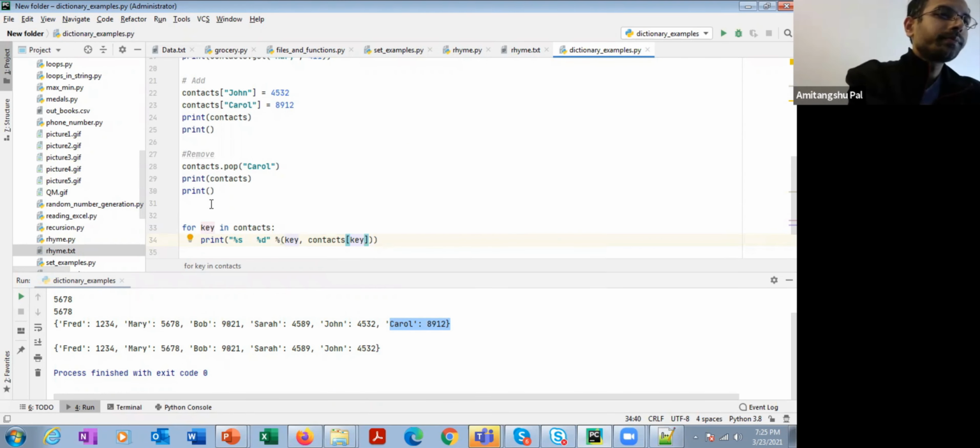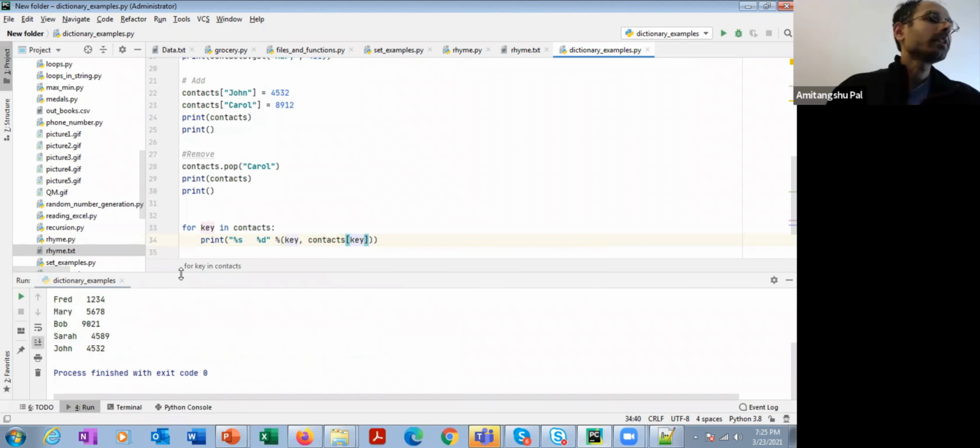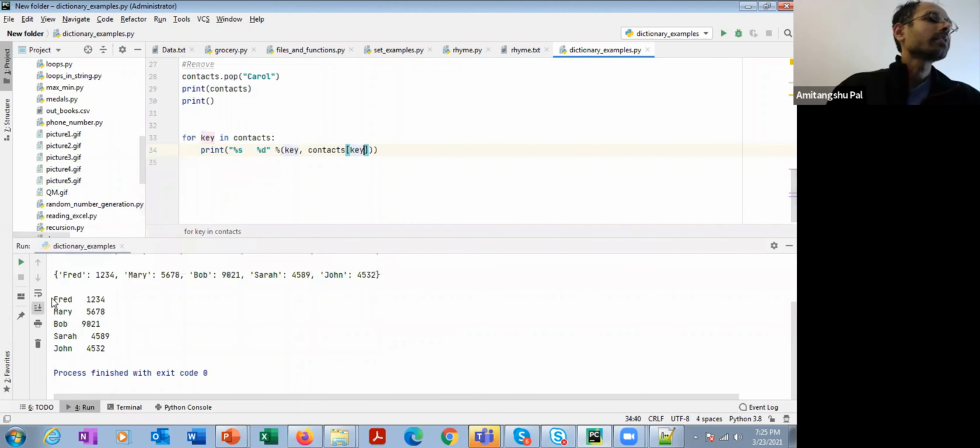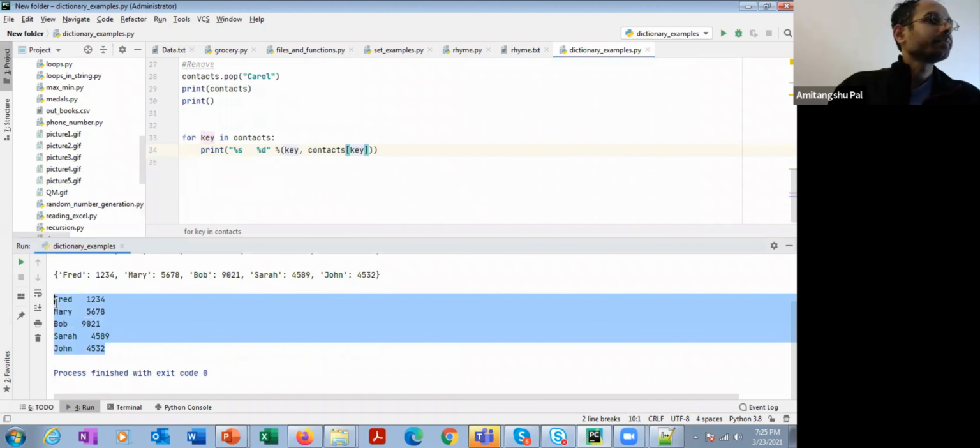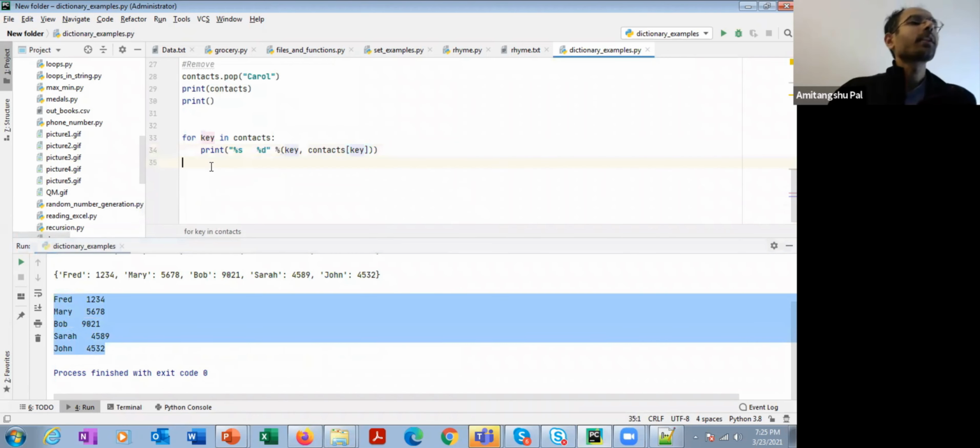Let's see. Here we can see that it is going to print the key and the value in each and every line, basically in a table format.